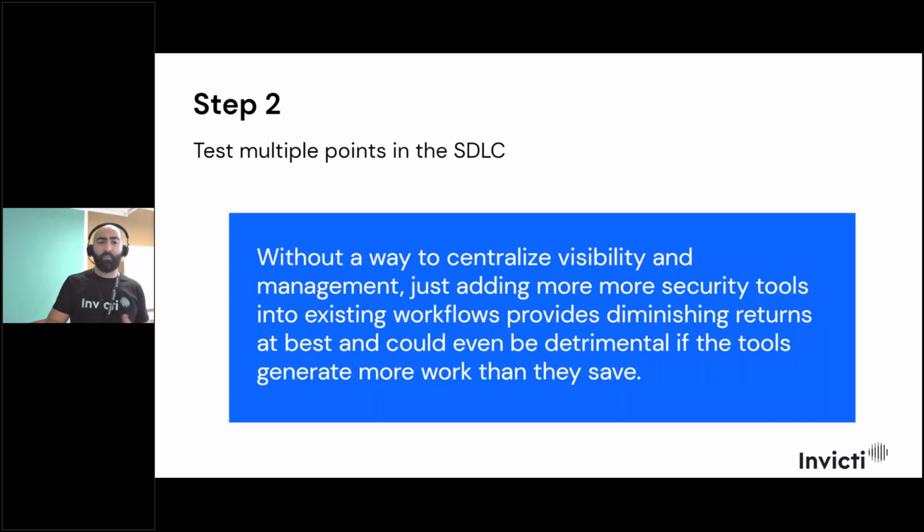Then test multiple points in the SDLC. As I mentioned, you have to cover all your applications, but at the same time, try to cover every single stage of your SDLC. Try to secure every single stage. With a modern DAST solution, you'll have the luxury to run a scan anytime you want. So run a scan on every single stage. It won't harm you.